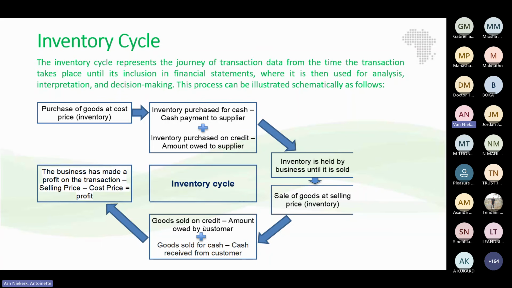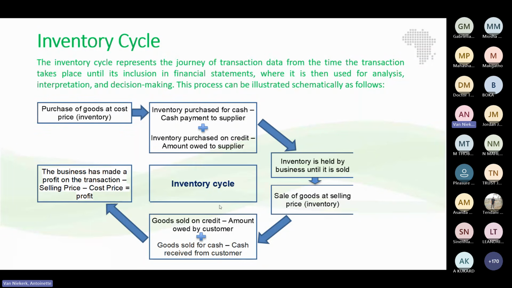Now, goods sold on credit. Again, it's on credit, but this time we are selling goods. Apologies, the inventory account or goods account which you are selling will decrease. Your goods or inventory account is an asset, and when an asset is sold, it will decrease. So, it will decrease on the credit side.